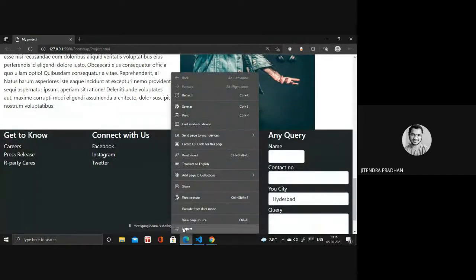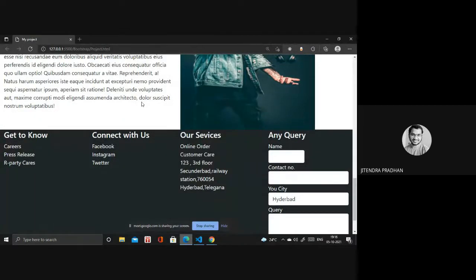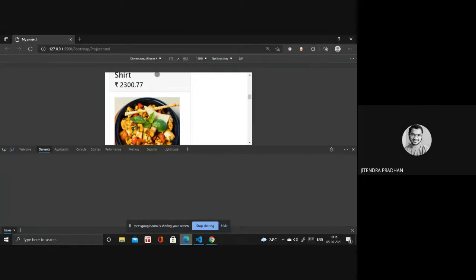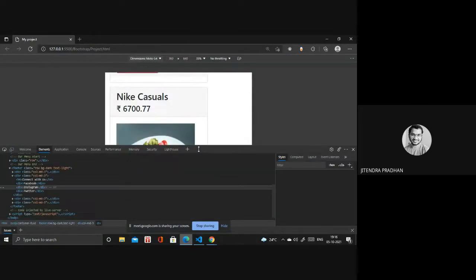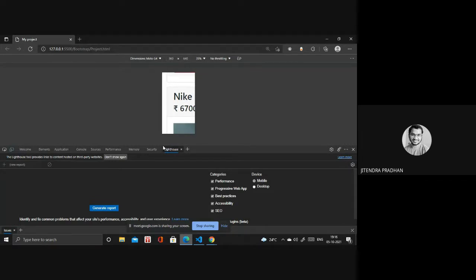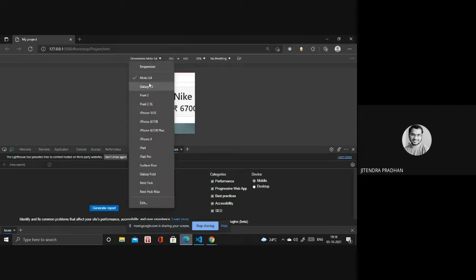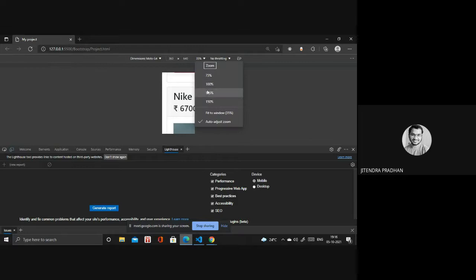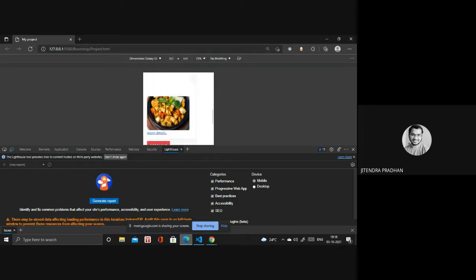Maybe the card will be different because we need to design something better for that. Yeah, it's fully responsive.